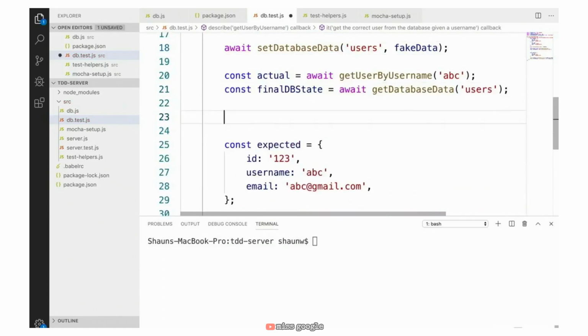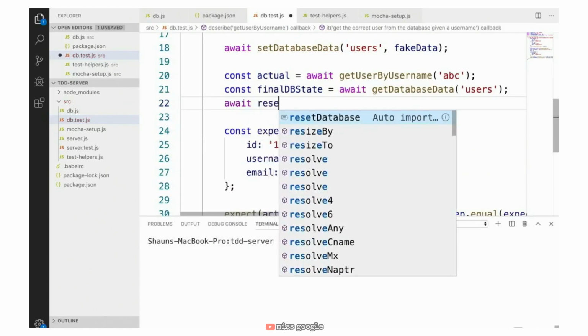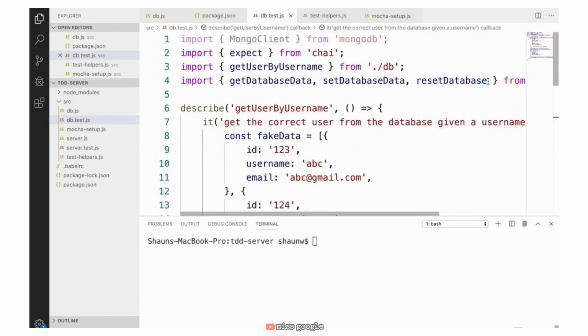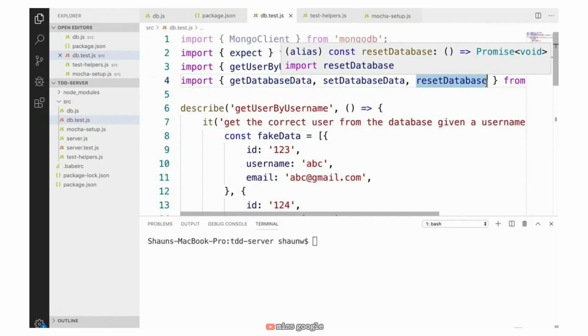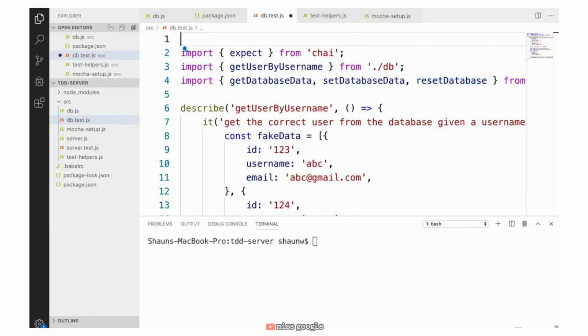And lastly, right here, we want to say await resetDatabase. And let's make sure that we import these. In my case, VS Code already automatically imported them for me, but if yours didn't, make sure you add it. And since we're no longer referring to Mongo client in our test code anymore, we can just delete this import